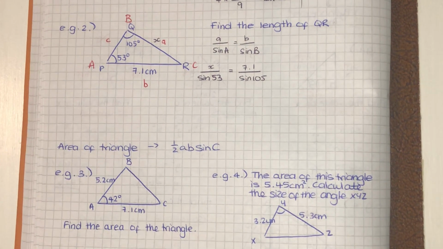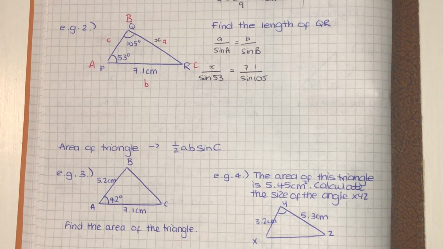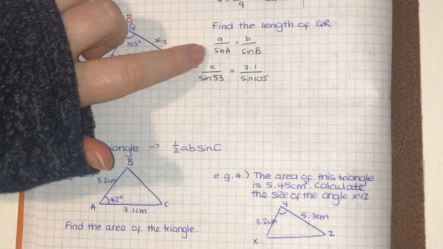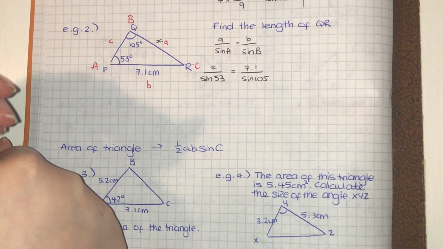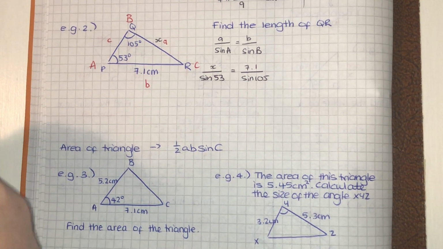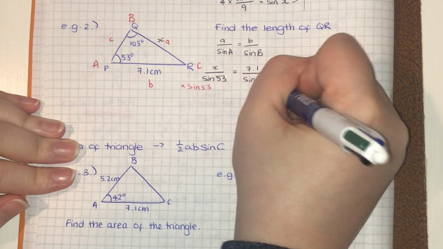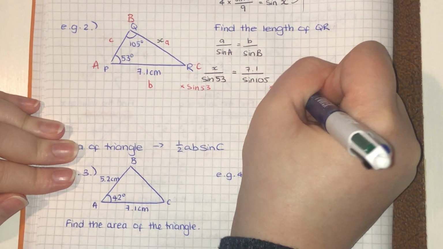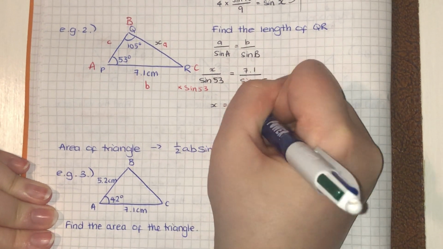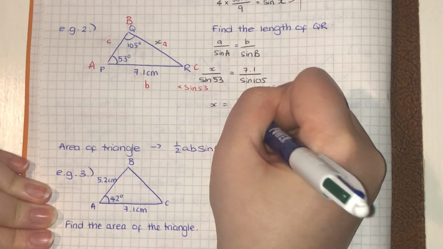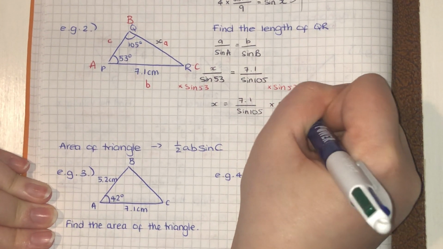Okay, now these ones are actually even easier than the previous one. So we want to have the x on its own. At the moment it's being divided by the sine of 53, so I'm going to times both sides by sine of 53. Okay, so we then get that x is equal to 7.1 divided by sine of 105 times sine of 53,